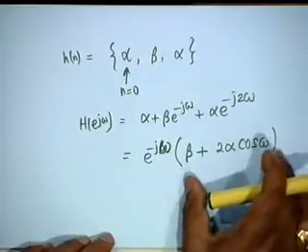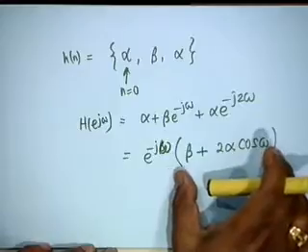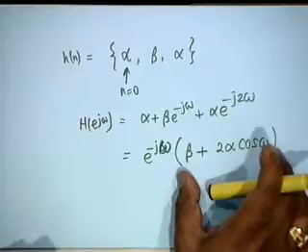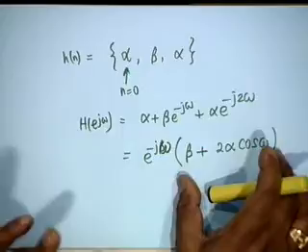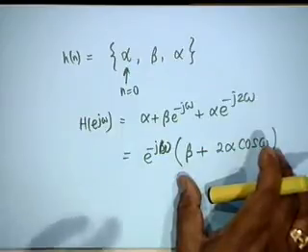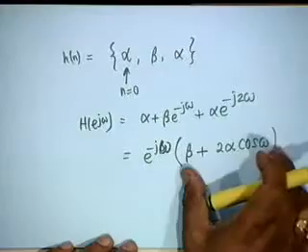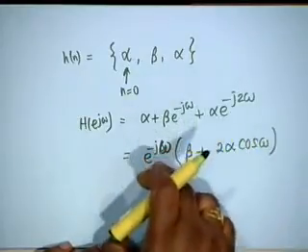Now, it is very tempting to say that the magnitude of H must be this quantity. No, not necessarily. This part is real, but it does not mean that it cannot go negative. It can be positive as well as negative. This is a step where you can falter throughout your journey of digital signal processing. Whenever a real quantity is given, it can be positive as well as negative. Both have to be respected.